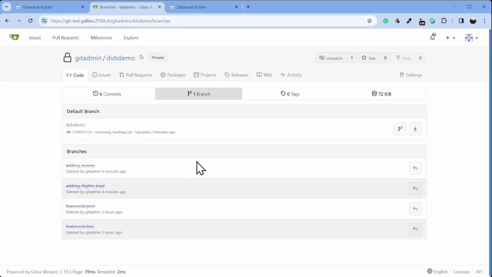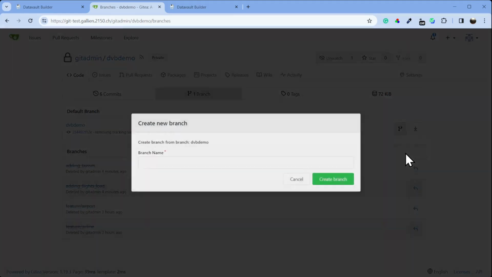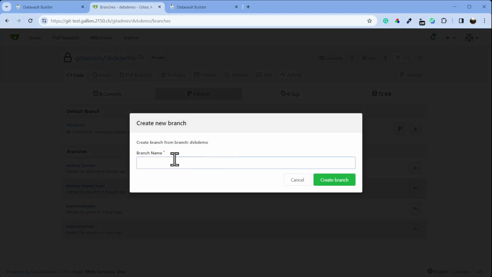Let's go now to our Git server, and on our Git server we have here Gitea. It's a Git server like you could use Bitbucket, GitHub, or other Git servers. Just a local Git server we use here for this demo purpose. And here I have my demo branch, and I want to create a new branch and say, okay, let's add buses to our data model. I create this branch,